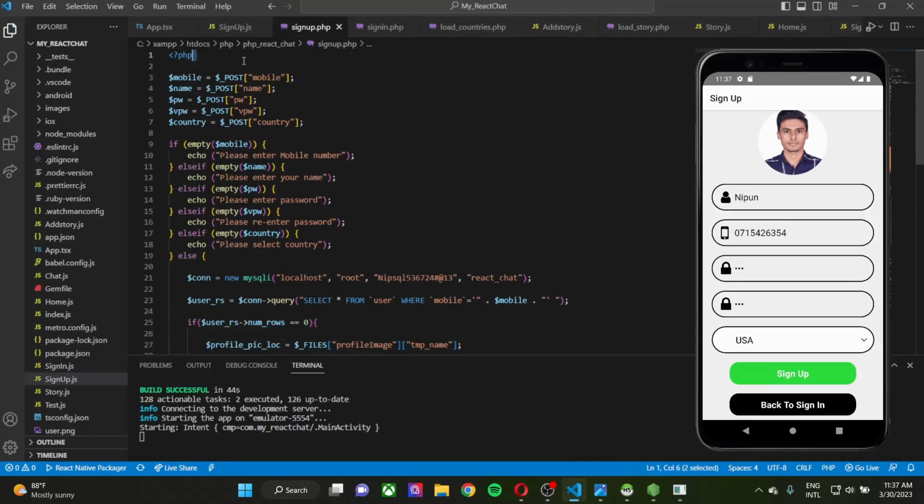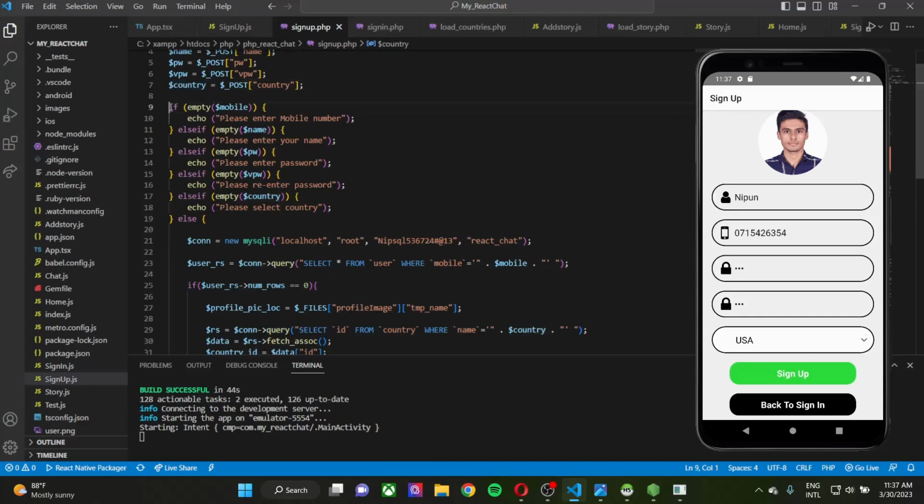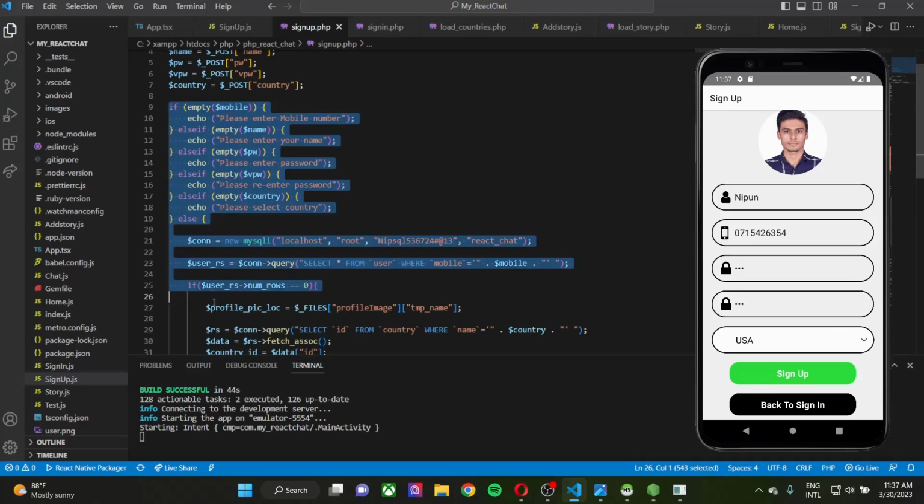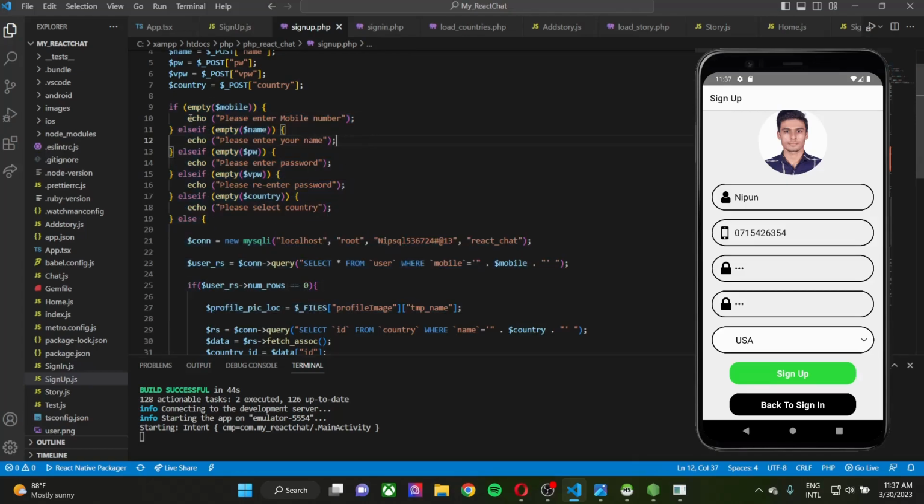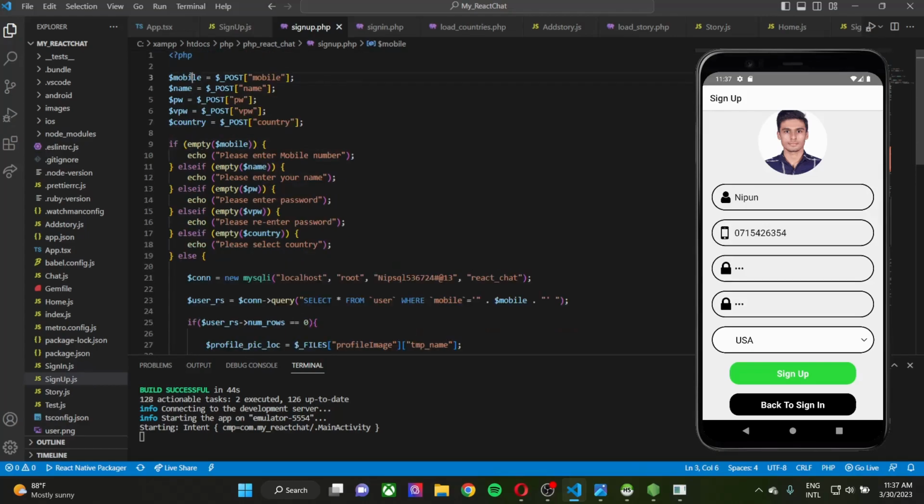So in the sign up section, with the server-side section, we are getting all the variables as mobile, name, password, verify password, country, and then here we are using validation of the details sent from the client side to the server side. And if the mobile is empty, that means the mobile variable is empty, it will echo please enter mobile number. And if the name, password, verify password, country is empty, it will